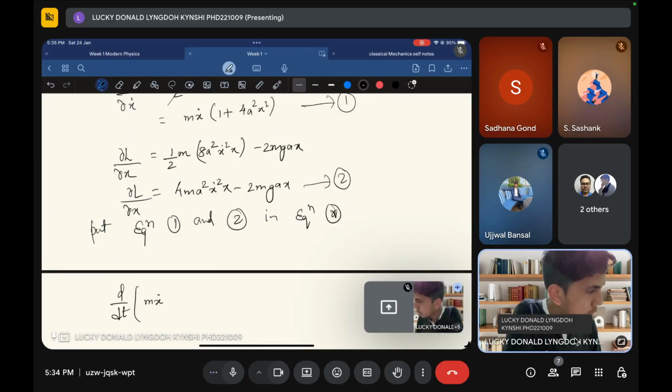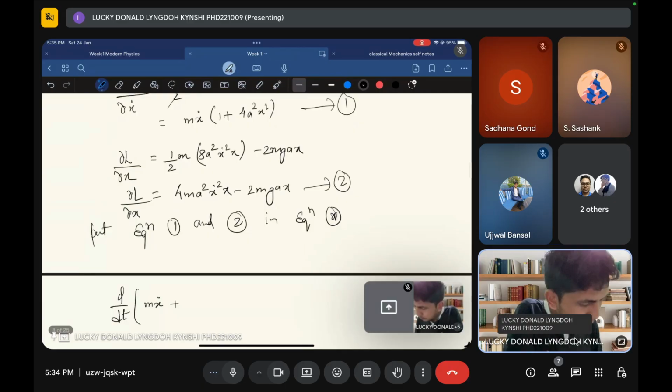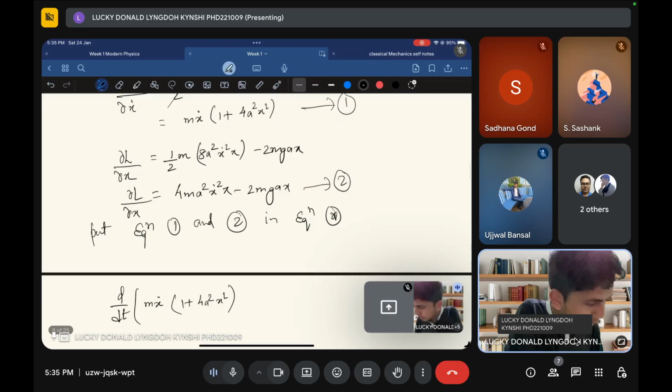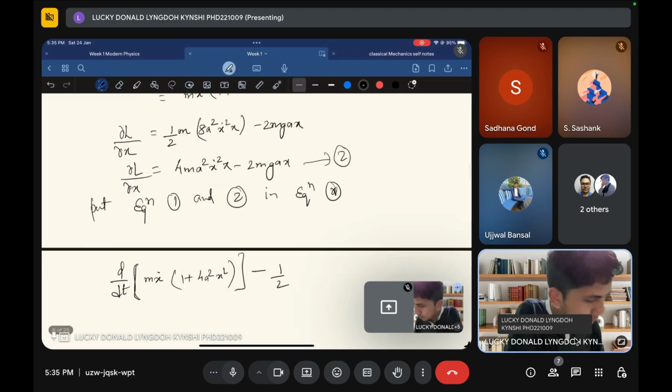mx dot, and inside the bracket you will have 1 plus 4a square x square, okay, and then minus of del L by del of x will be equal to minus half